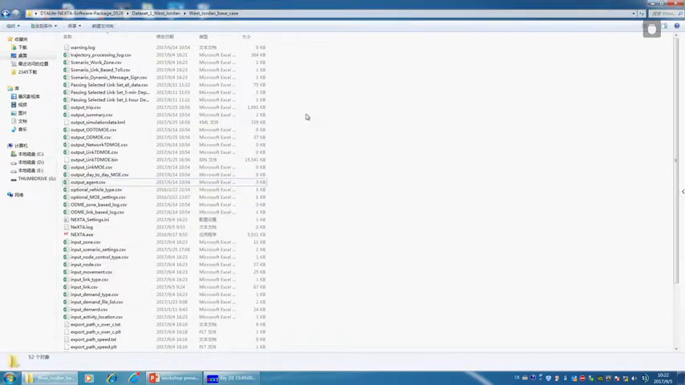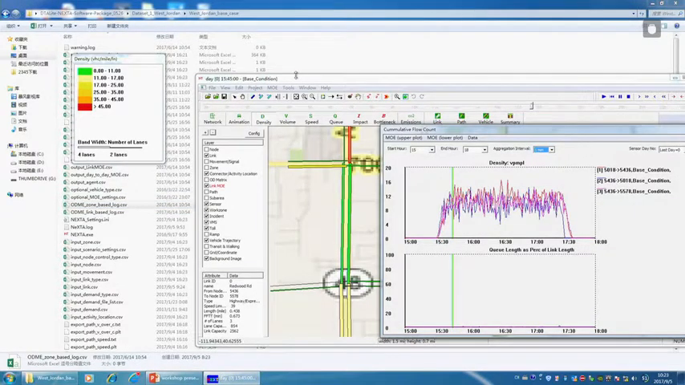Okay, as a part of the simulation results, all those MOEs are stored in this output, OD MOE, output link MOE, in those different files. You can click on those files to see more details. Okay, back to this